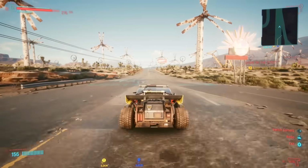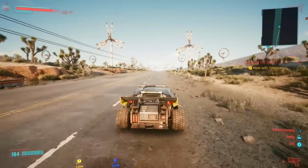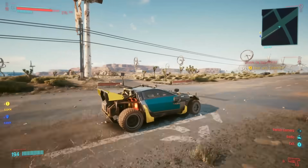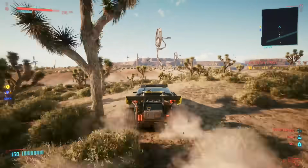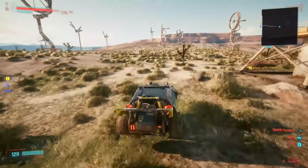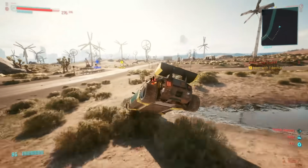Now, not only is it incredibly fast, but it is also one of the best handling cars in the game as well. And look at that exhaust, just looking like it's about to melt with how much power is coming out of this car. Now, not only does it handle great on the road, but it also handles great off-road. You can see at 199 miles an hour how well we were able to take that turn. So if you want to do some off-road exploring, you're definitely going to want to pick up one of these bad boys. Having a sports car being able...